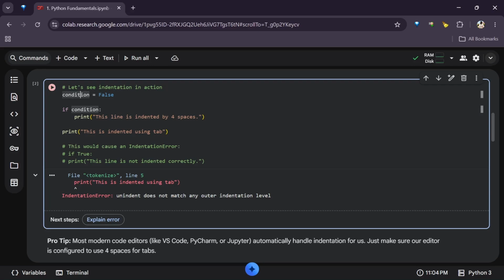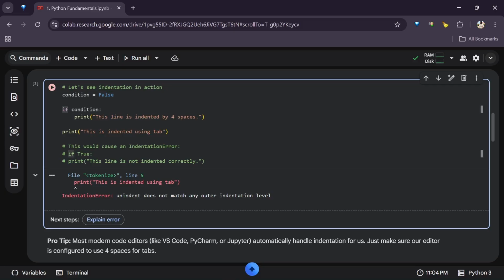Condition is a variable. What is a variable? A variable is simply a container that can hold a value. If this were an Excel sheet, you can consider it a cell reference where you type in a value. To get that value or to work on that value, you reference the cell, not the value itself, because the cell reference is what is holding the value. So this is a container that holds a value. That is what a variable is. So condition here is a variable holding a boolean value, true or false.